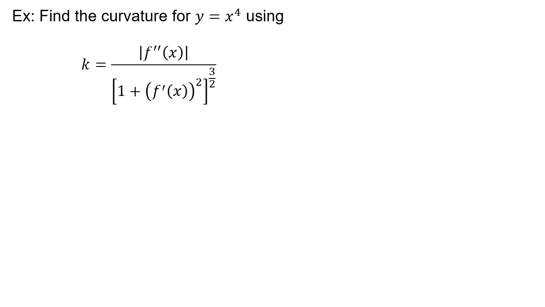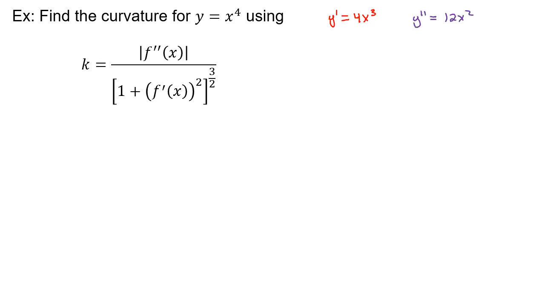Okay, like I said earlier, there is one other type of formula, if you don't have it in parametric terms, you could do the curvature based on a different formula. That's this formula here. Not very popular, but I thought I'd show you one example of it. Find the curvature for just y equals x to the 4th using this formula. And so we're going to do the second derivative of the function y equals x to the 4th. And then we'll have a first derivative on the bottom down there. So those are pretty easy derivatives to come up with. Your first derivative is 4x cubed. Your second derivative